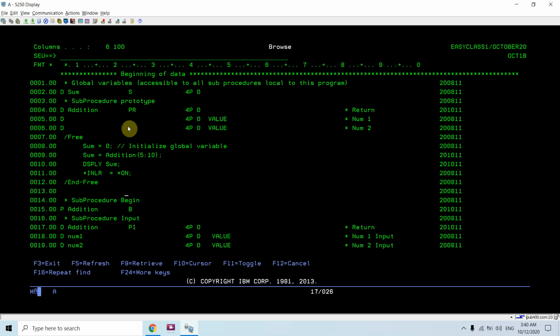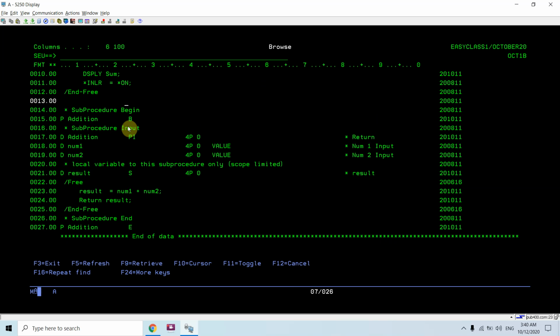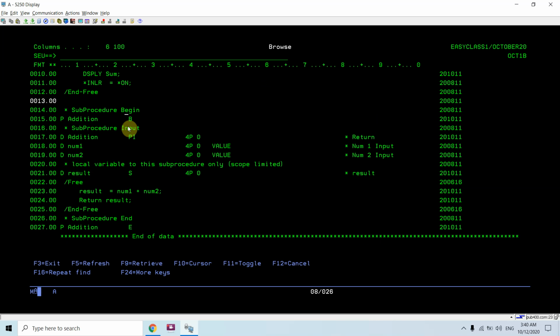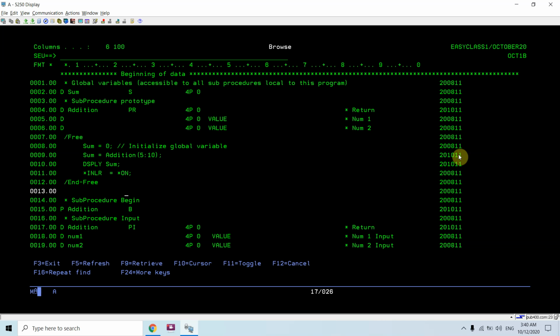Here we have a procedure which is defined in this module OCT1B. We can see that this is the OCT1 addition procedure, which accepts two numbers and returns the sum.